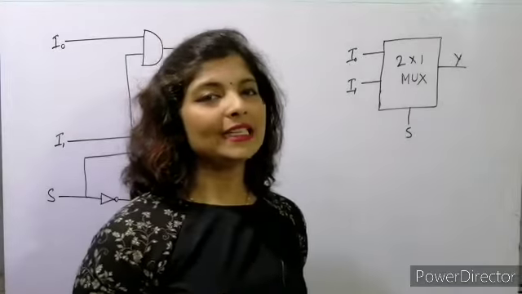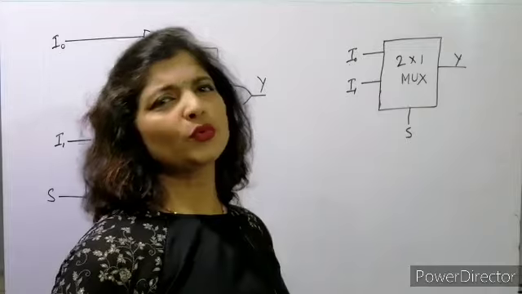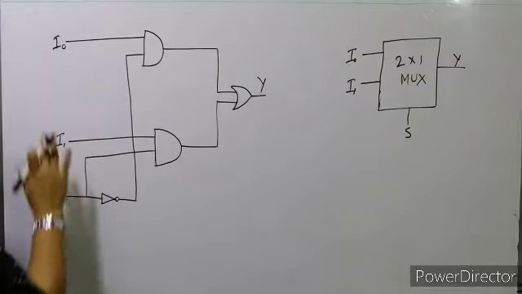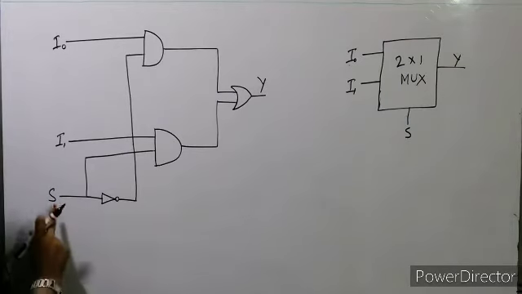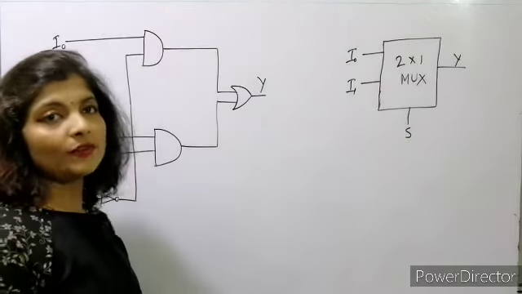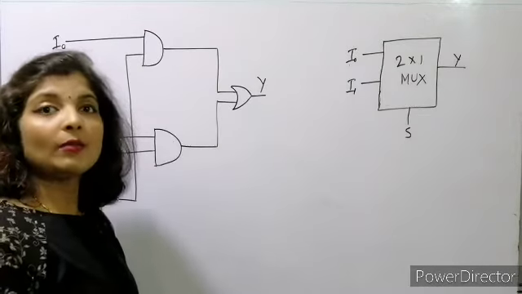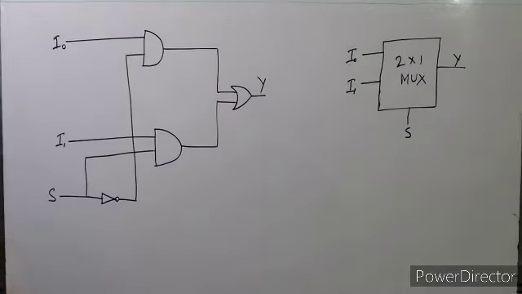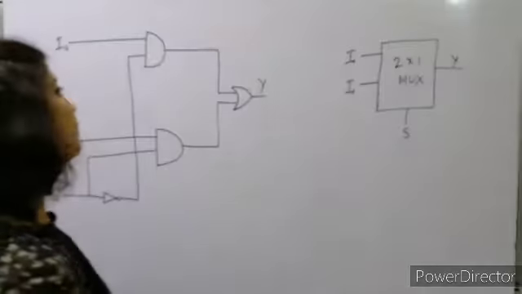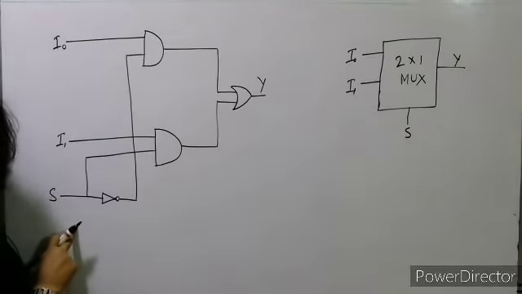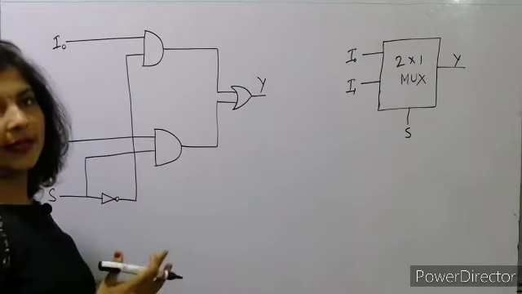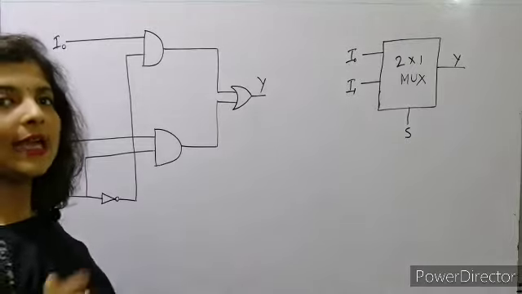Now we'll see the smallest multiplexer, the 2 to 1 multiplexer. What does it look like? For n select lines there will be 2 to the power n inputs. I mean, for 2 to the power n inputs, there will be n select lines. So 2 inputs means there will be only one select line, and there is only one output. If there are 4 input lines, there will be 2 select lines and one output.